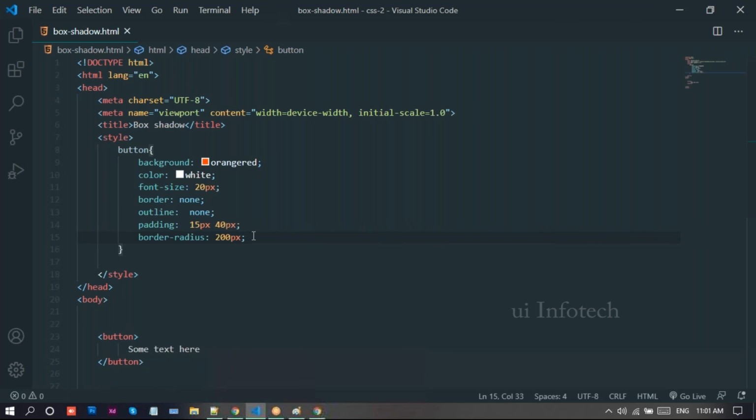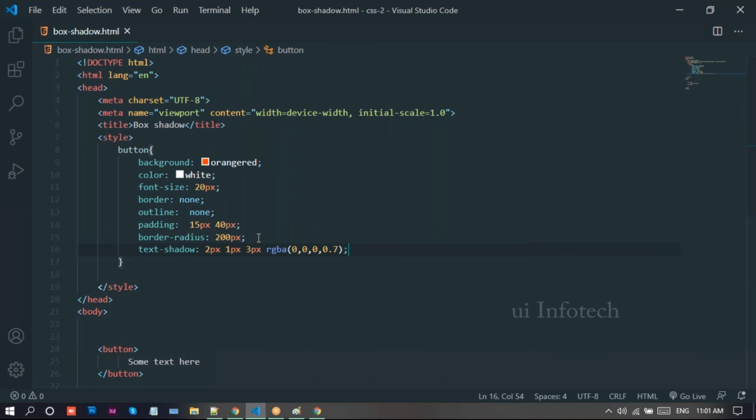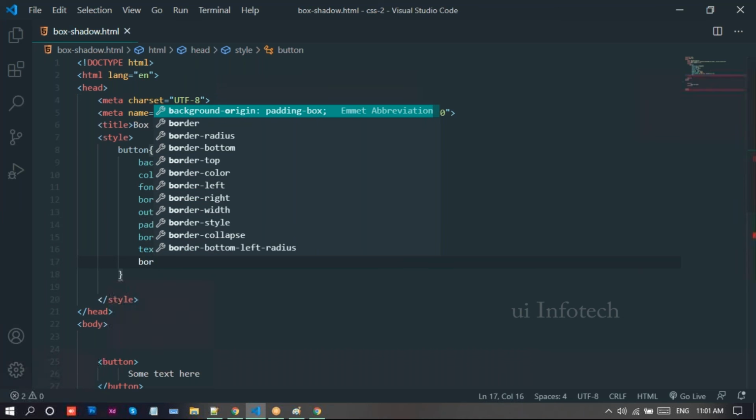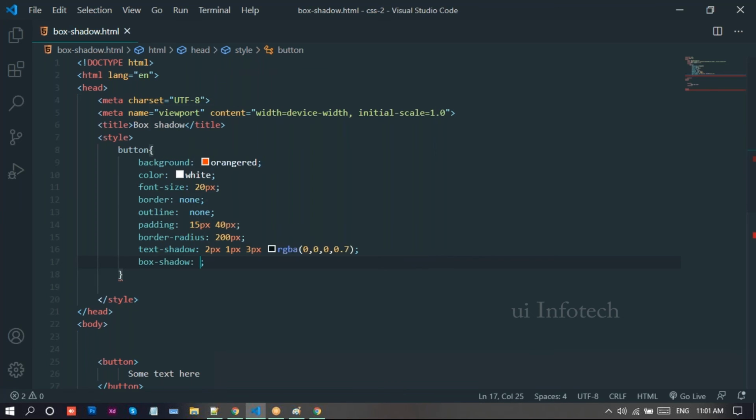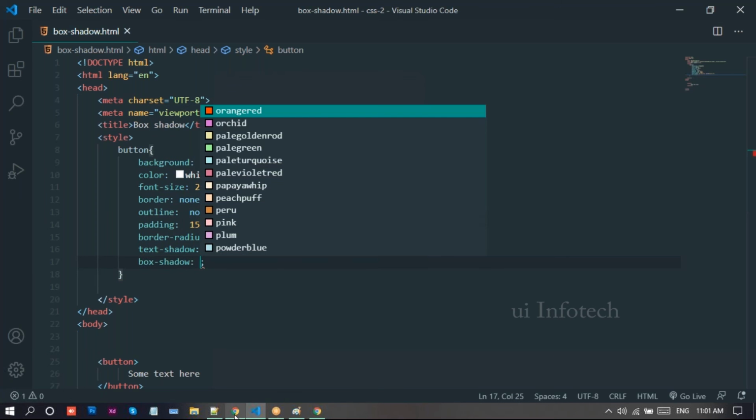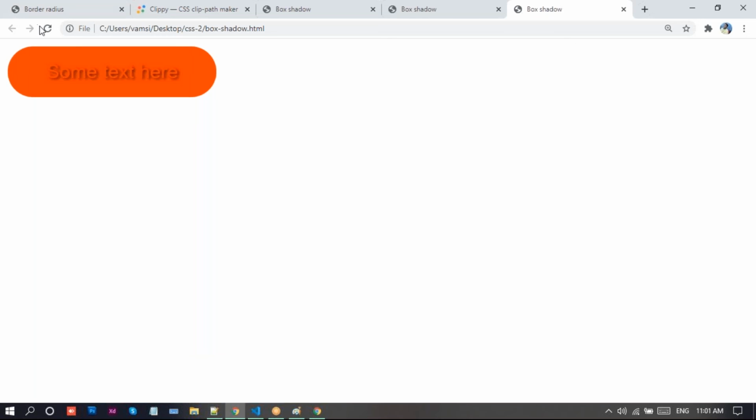I just copy this text shadow and coming to Visual Studio, then you can paste it there. Now I'll place this text shadow. After that, I'll provide the box shadow here. For this box shadow, I'll just refresh here.